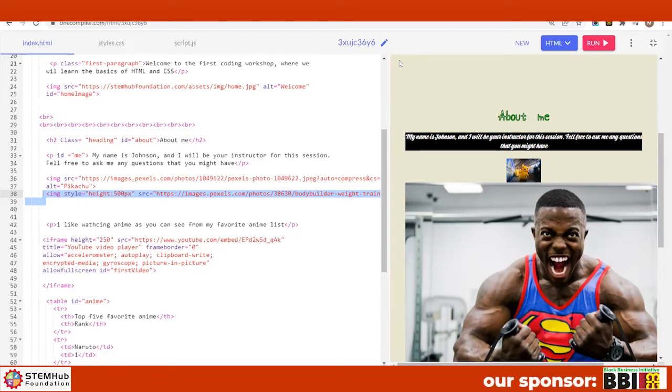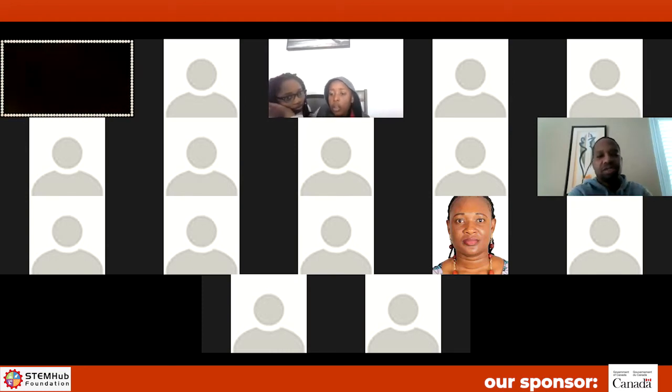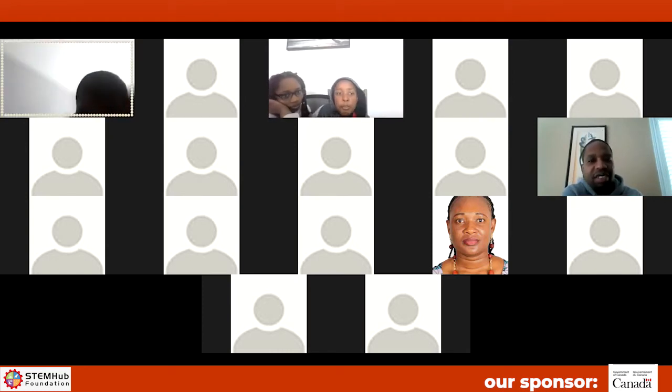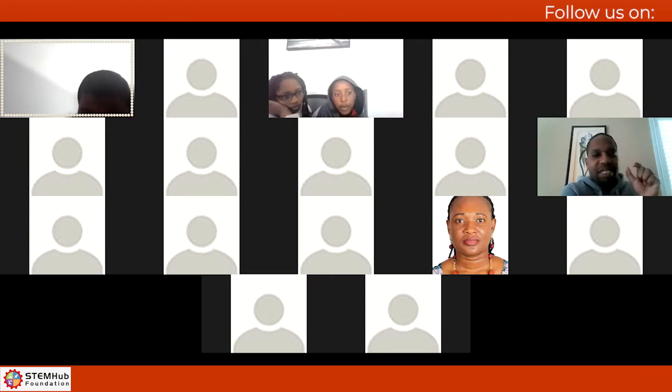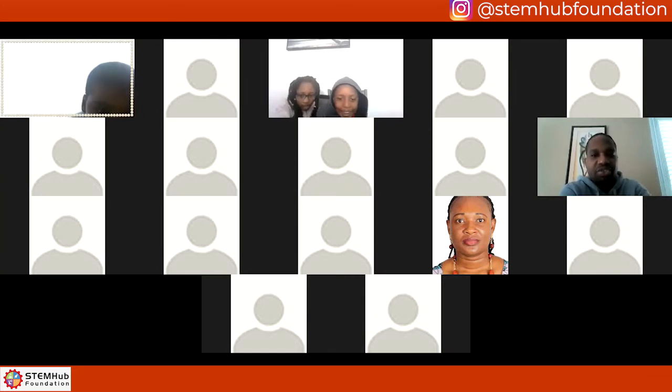So if you have 2 images in your code, I'd like you to give that a try. Any questions about this? Any questions from anybody about this? All right, silence worries me. I'd like someone to show me that they've done it. They've made the size globally one thing in their style CSS, but then one image they've made a different height. Can someone show me that they've done that?